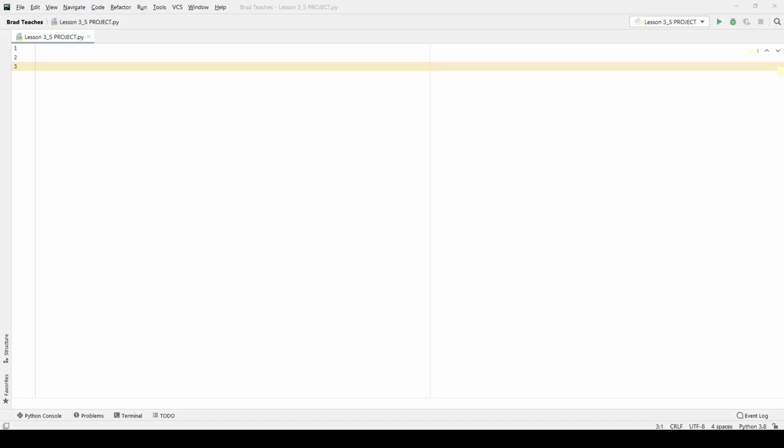This time we're looking at the lesson 3.5 project, and this is the Oregon Trail project. Normally I start by giving the requirements of the project, but today I'm just going to dive on in. So the first thing I'm going to do is set up my main game